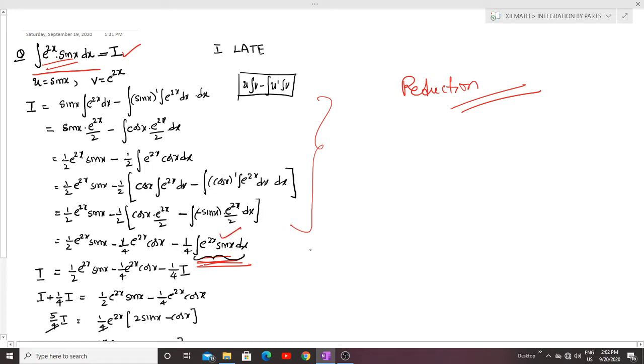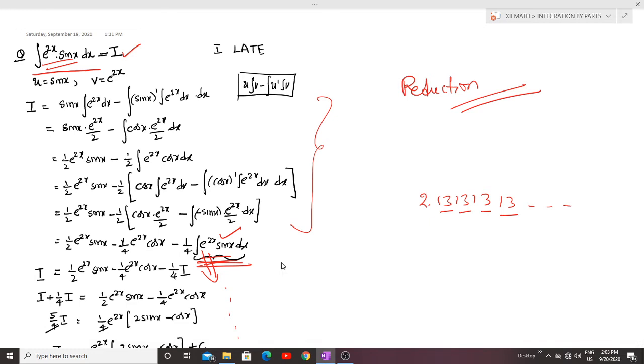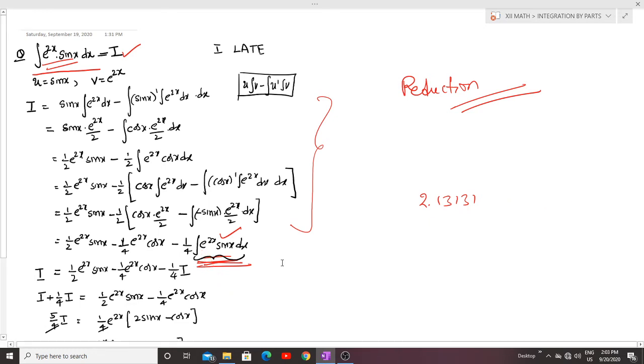Like 2.13131313, something like decimal numbers you write now. 1313 is repeating. So like that only, when you after this also, if you start keep on doing, you will get the same again, and again same thing will come. For that only I am explaining how to do this kind of question. Let's look at this very carefully and try to understand.